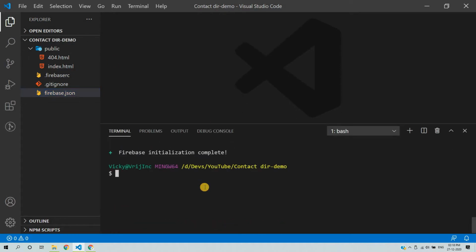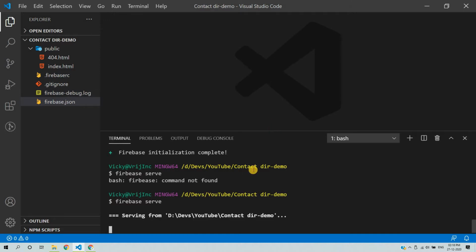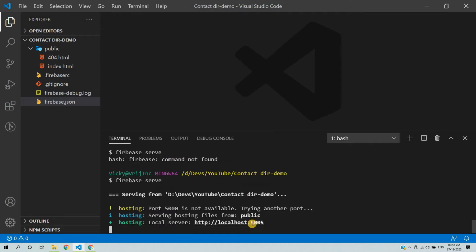Now you can serve this entire Firebase project with the command firebase serve. It will run like a server on your local machine, serve the files, and you will get a URL like localhost:5005.